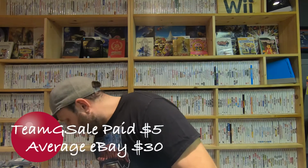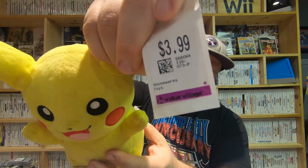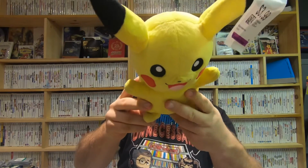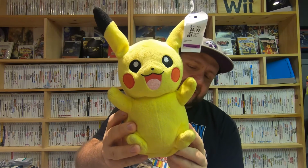And speaking of Pokemon stuff, this guy was also at Value Village, and now it's stuck. This one was $3.99. See if I can get the sticker in there. At the Jefferson Value Village. Actually, all of these were Jefferson. I didn't have time to go to the other ones. This is a talking Pikachu plushie. I haven't tested the batteries out to see if it works, but very cool nonetheless, and most likely getting traded